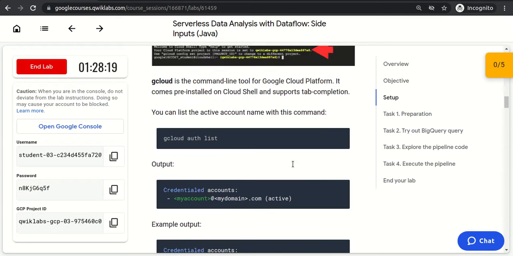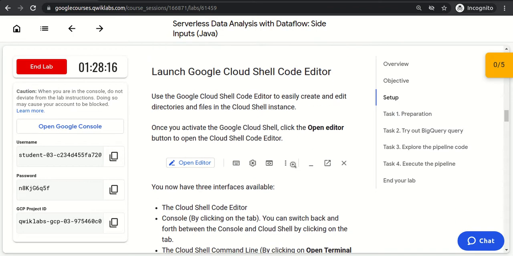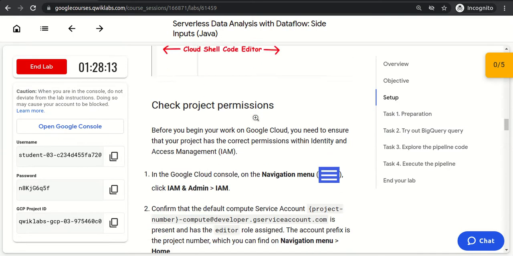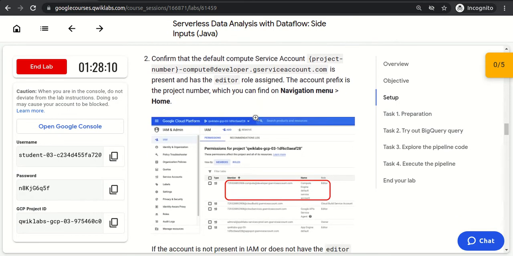Okay, so let's start. And as you are aware, because Dataflow is serverless, when the Dataflow pipeline gets generated automatically, it creates some staging files and some temporary files internally. So we have to store those temporary files, right? Generally we create a Cloud Storage bucket so that the staging files or temporary files get stored in the Cloud Storage bucket.